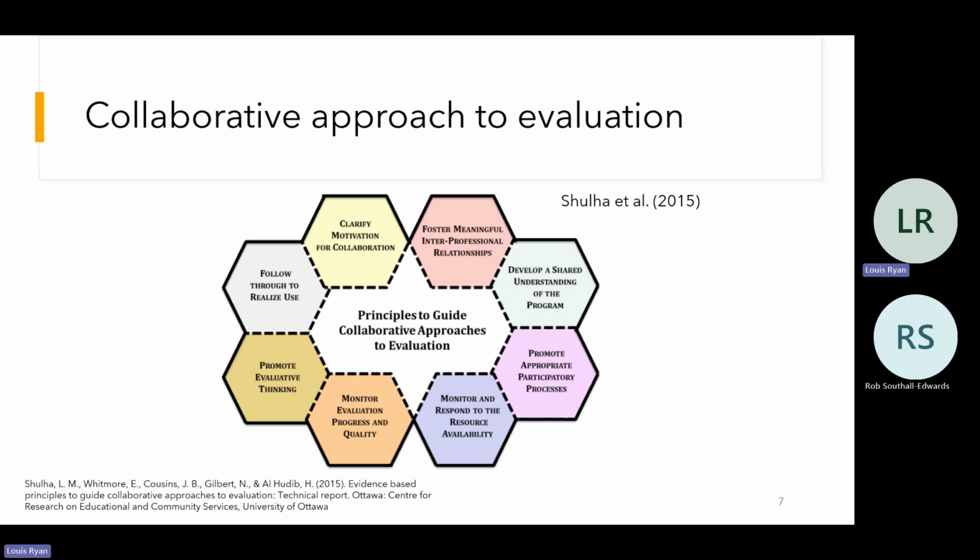And to finish off, thank you to everyone that's tuned in to listen. We wanted to make you aware of the collaborative approach to evaluation that we often take part in, the Schuler et al. 2015 model, some of the principles to guide collaborative approaches to evaluation.